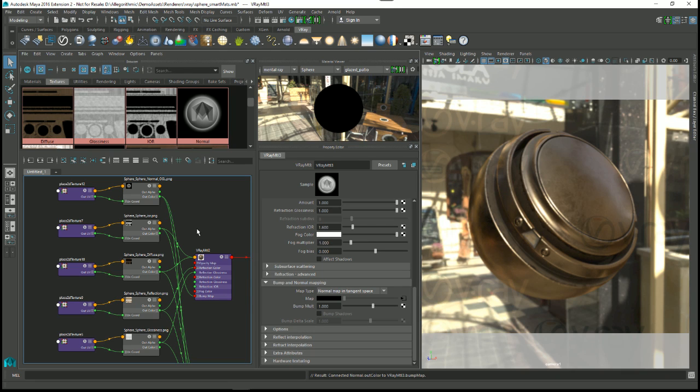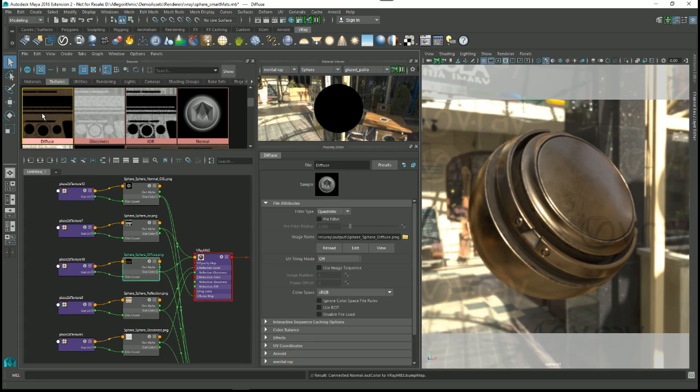So we've got our maps in here, but we need to make sure that these maps are being interpreted correctly. So let's come over here to our diffuse. I select it, and then here in the material viewer, you can see that for my color space, it's set to sRGB. Perfect, that's what it needs to be. I think it defaults to sRGB for everything. So basically, we're going to have to deal with some gamma correction with this. And what we're saying to this is, hey, this is color that we see, basically. So anytime you see a map that represents color that's reflected back to your eye that you see,